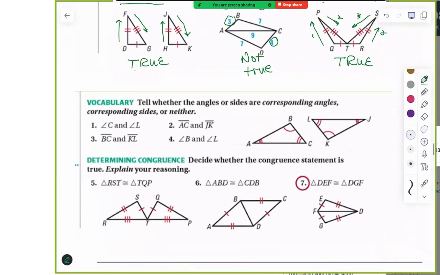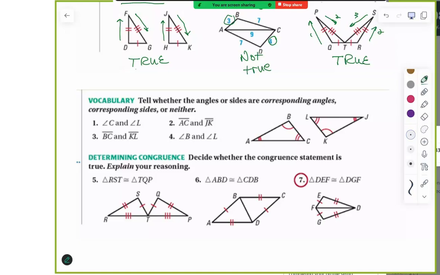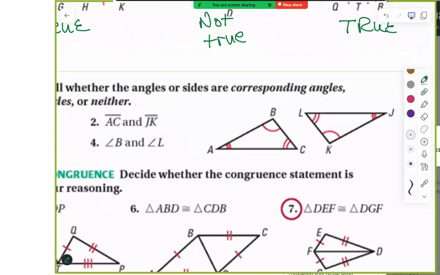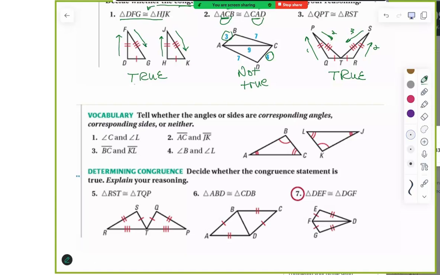Okay, here comes some more. Tell whether the angles or sides are corresponding angles, corresponding sides, or neither. Let me tell you something. If you have a single, do you see how all these angles are equal? So if I have that scenario, we'll see if these match up. C and L. C is double, L is double. So this is a corresponding angle. Okay, AC